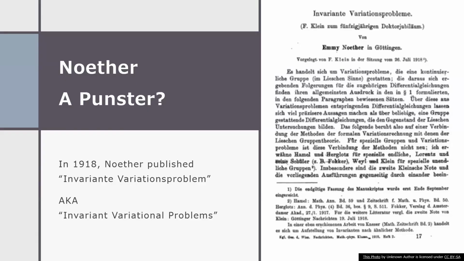So in 1918, Noether published this paper in German, Invariante Variationsprobleme, and dedicated it to Felix Klein. I think his birthday was coming up. I think she must have been some sort of punster, because if you translate this into English, it's invariant variational problems. And if you haven't got this, I highly recommend this book, The Noether Theorems by Yvette Kosmann-Schwarzbach. It also has her first, this paper from 1918, but